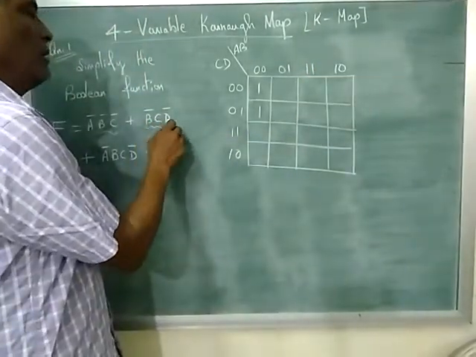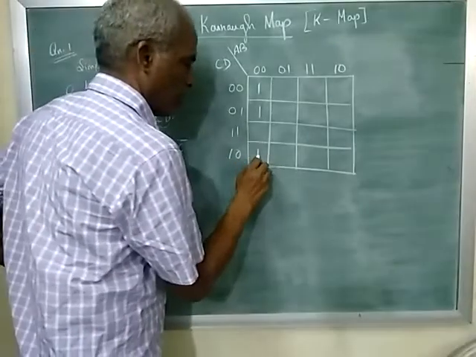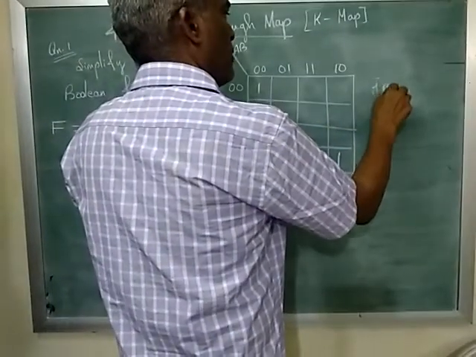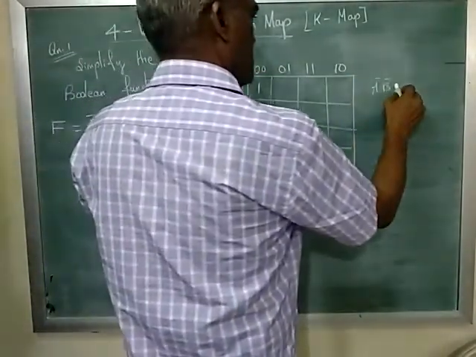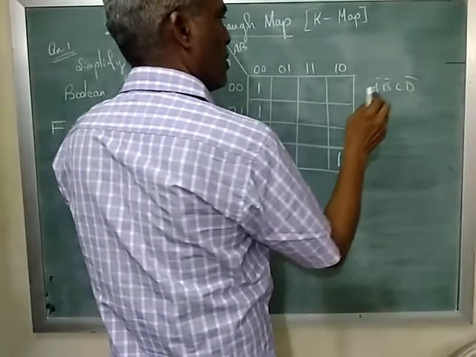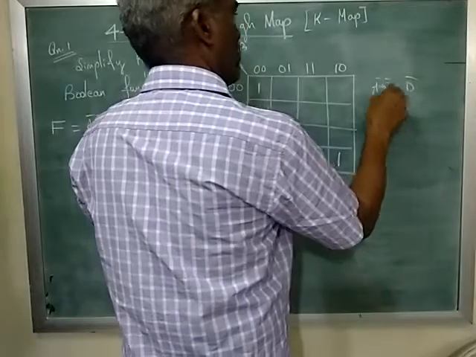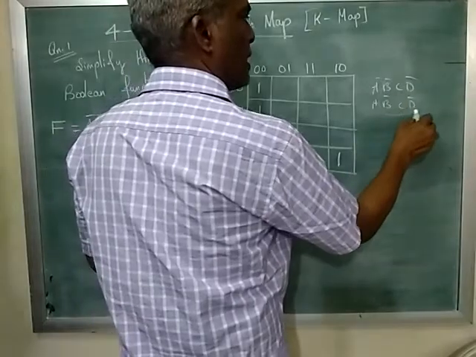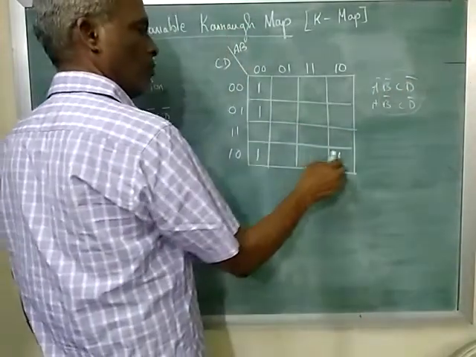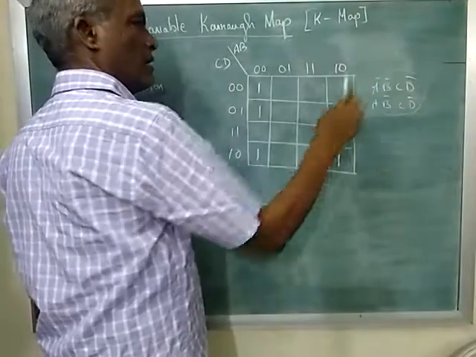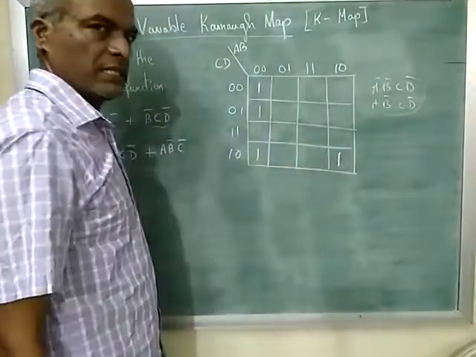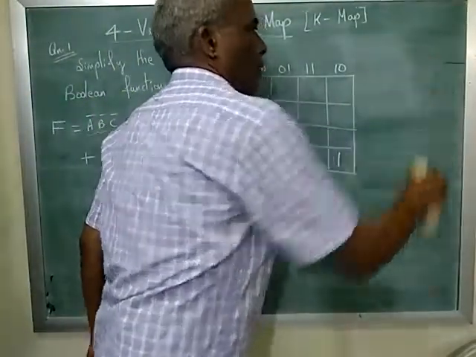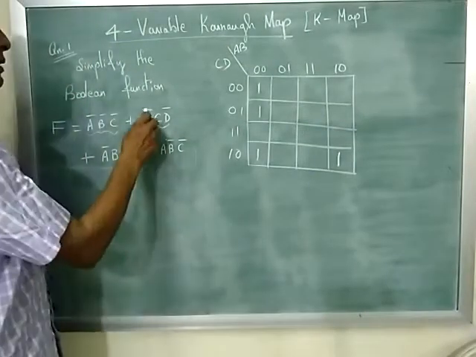Then we need C, D bar. So if you put 1 here and 1 here, what will happen? First enter this: this is A bar, B bar, and here you have C, D bar. Similarly, if you enter for this block, it is A, B bar, then C, D bar. Now if you carefully see, B bar, C, D bar is common for both cases. Only A bar is differing. That means placing of these 2 ones in that block is correct. Now we have finished B bar, C, D bar.